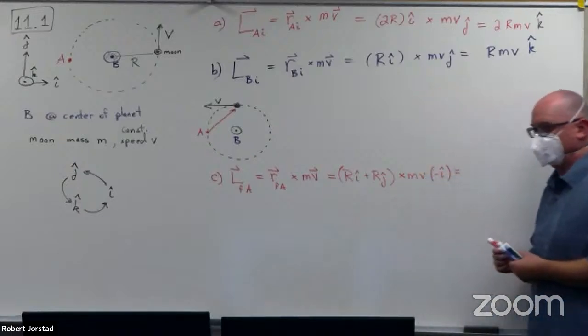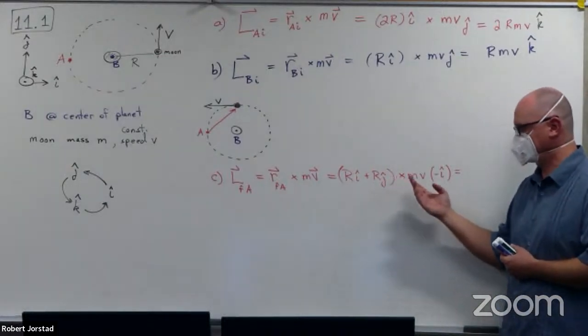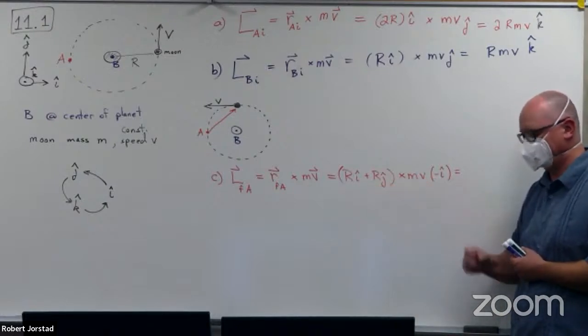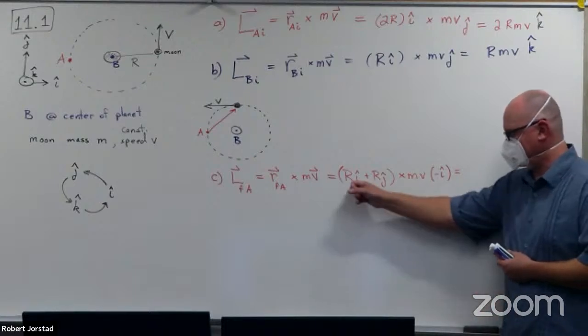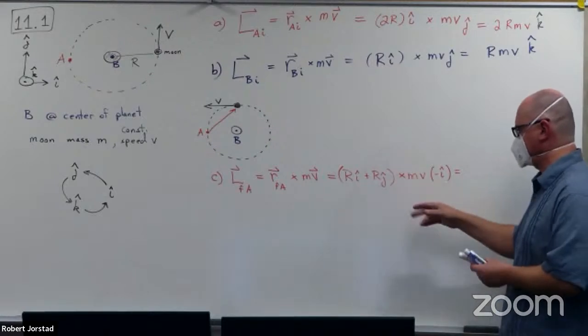Which term will not survive upon doing the cross product? Which term will give us a 0 in the cross product? Is it I cross I or J cross I? Yeah, I hat cross I hat gives you 0. So now this term is going to drop out and we're going to get